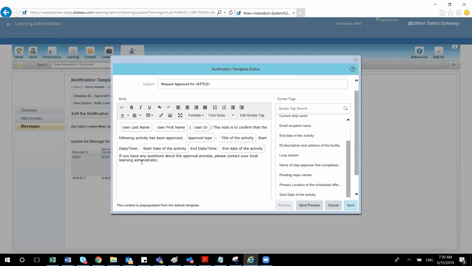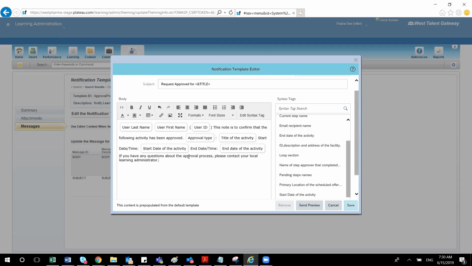What you can have is your own text. Suppose you want to add some additional message in that email, you can give it directly from here. Other than that, there are restrictions. Just like in RCM, we have a lot of flexibility. You can create your own template, your own offer letter template, depending on whatever you require. But in LMS, we have a lot of restrictions. You can use only the limited templates they have given, and the limited syntax tags for that template.